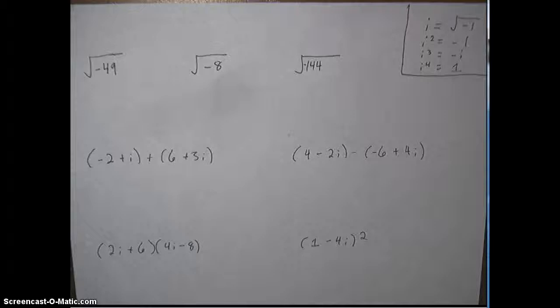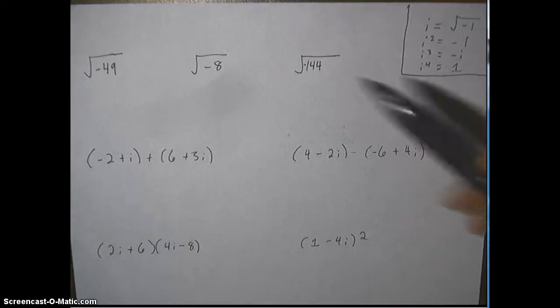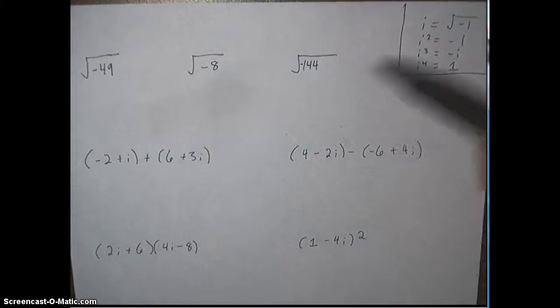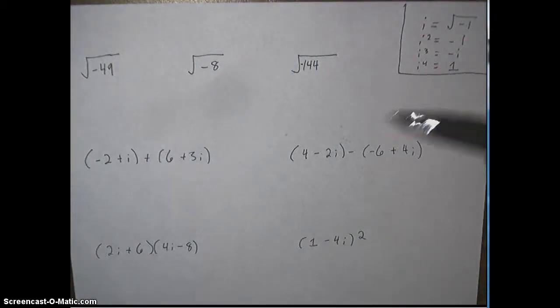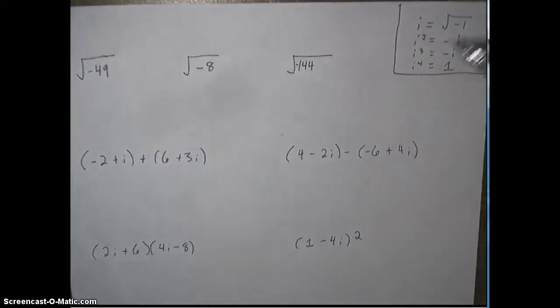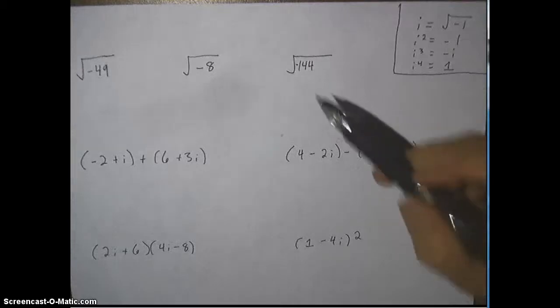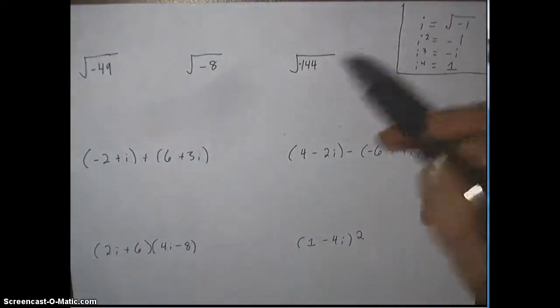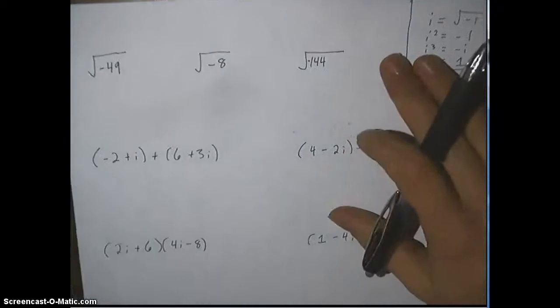This is Mr. Alexander, and I want to talk to you about imaginary and complex numbers. Imaginary numbers are the result of taking the square root of a negative number. So your real numbers are like 1, 2.2, -7. Those are the real numbers. Imaginary numbers are in a different number set, and they occur when you take the square root of a negative number. For instance,